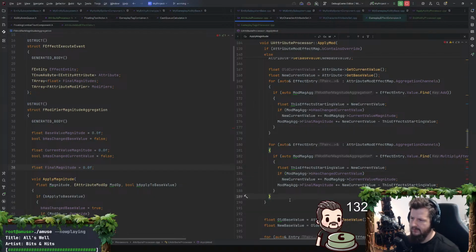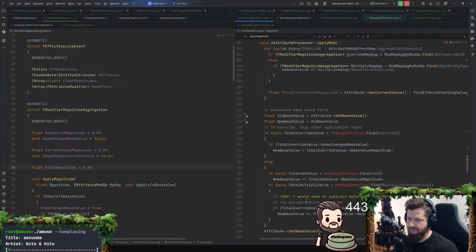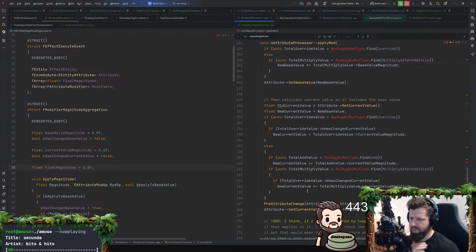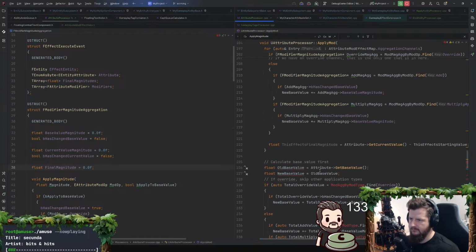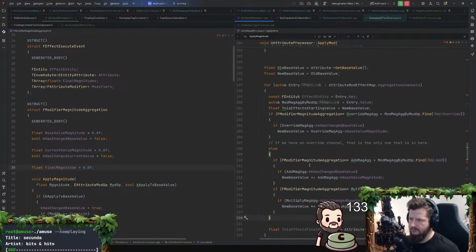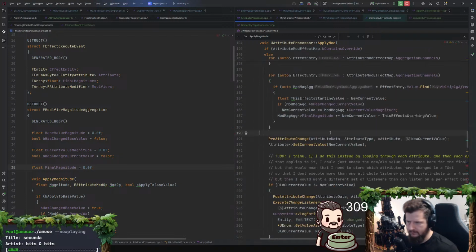Well, I need to set current value, I suppose. But I need to do the pre-change and stuff like that. Yeah, so I need to do the rest of this. Grab me that. There we go.